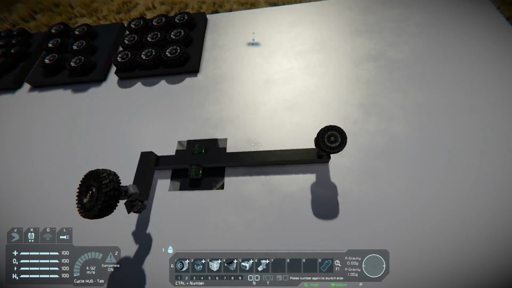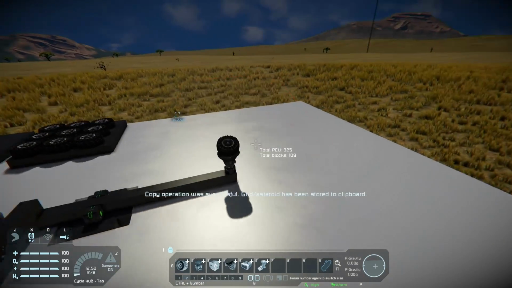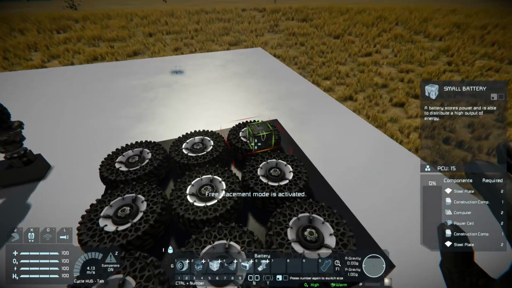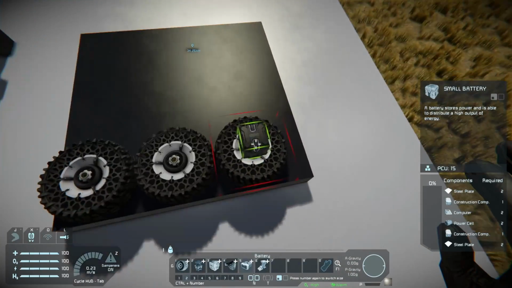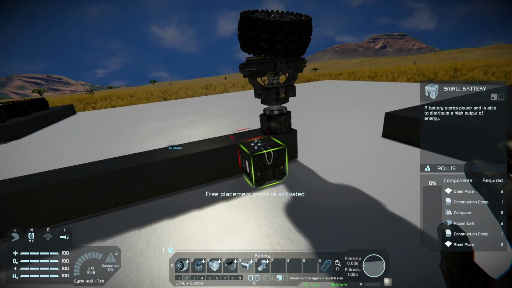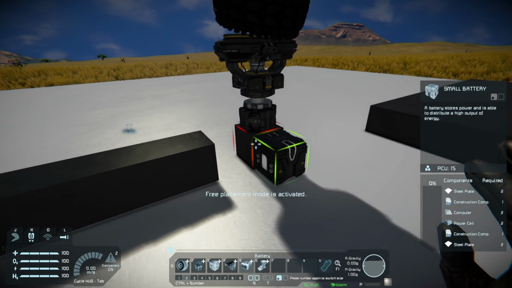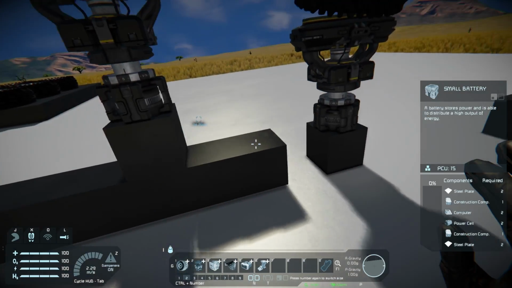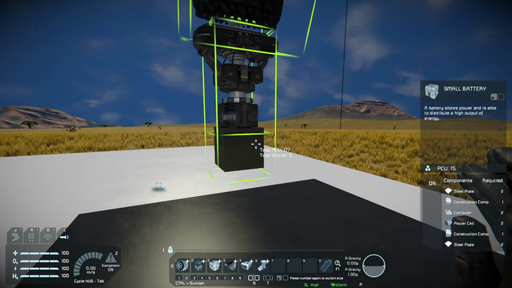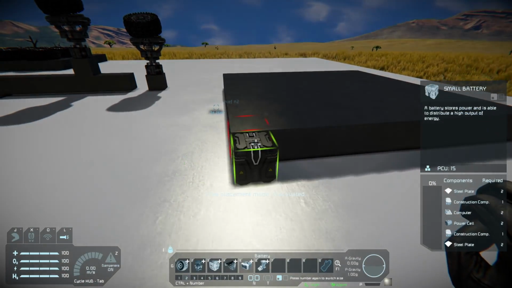Can I make this work on a grid then? If I put this down here and I delete all of these, can I copy that onto that just so I've got a copy of it? Okay, let's make sure that I've got a battery on here as well.